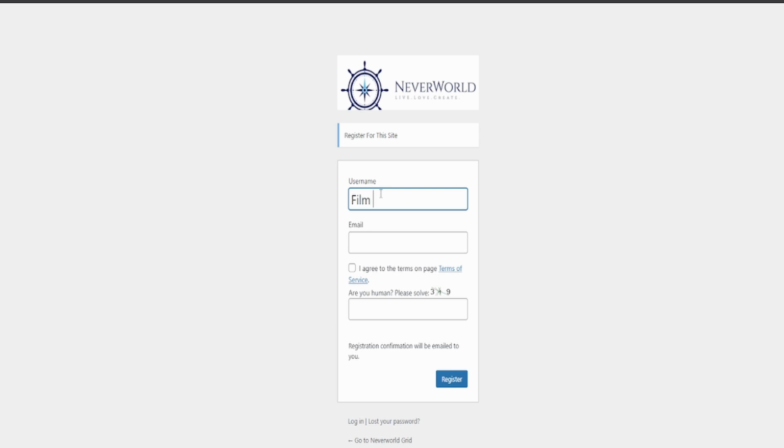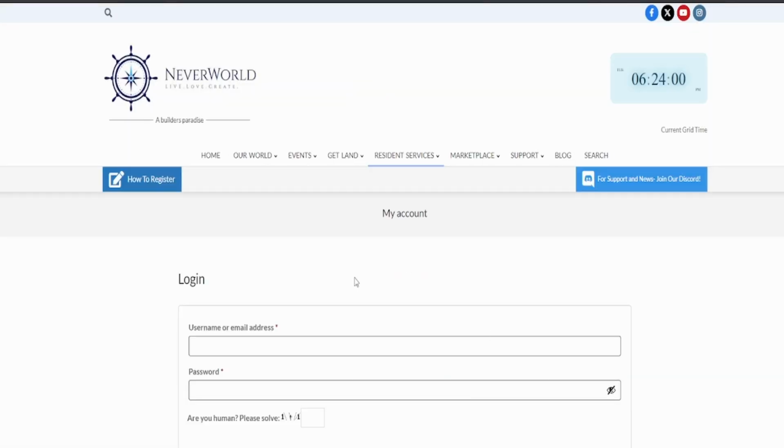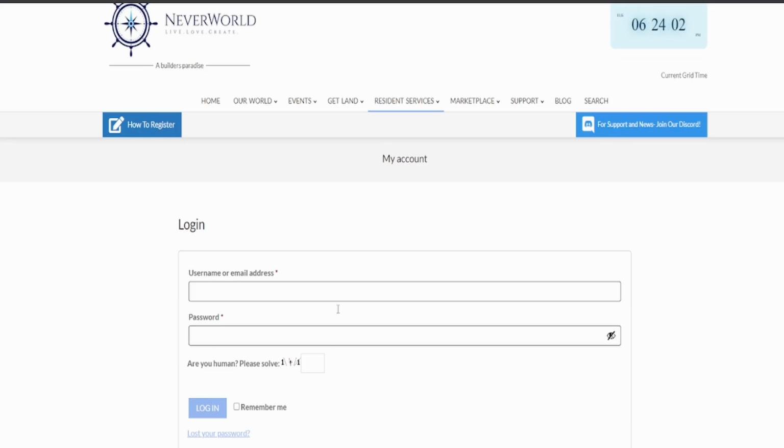what you're going to do is put in first name space last name. You can only have two names, and then put in your email address, and then don't mind the blue squares, I'm covering my personal information. Check the box that you agree to our terms. Hopefully you've read those, solve the math problem, and then click on go, and then you'll get a confirmation, the